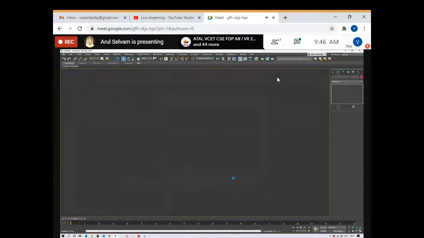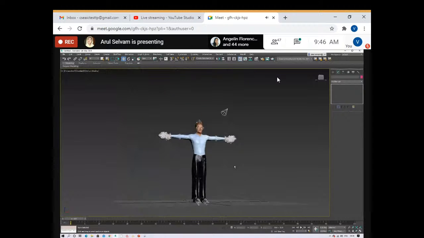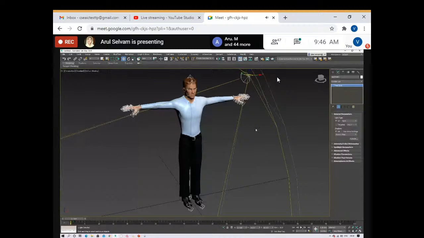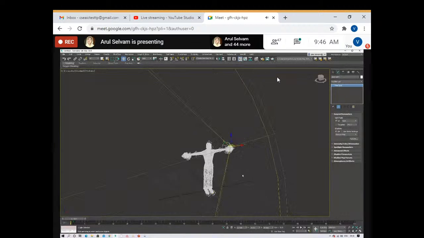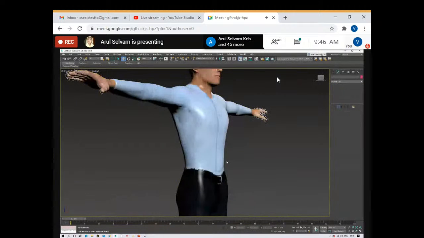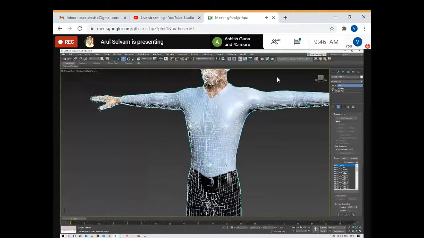So I'm just importing a model which we use in our project. It's a complex mesh. We created a 3D character with all the lights and the bone system. So here is the bone system, creating this mesh